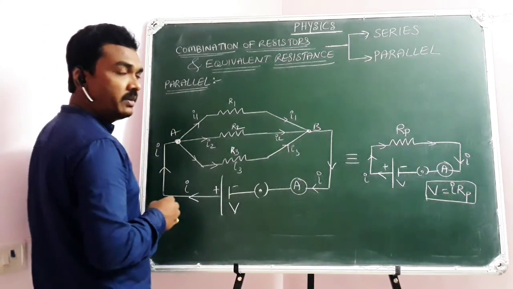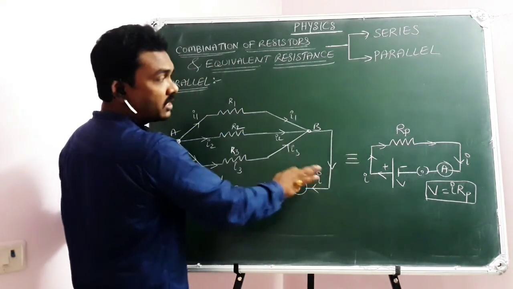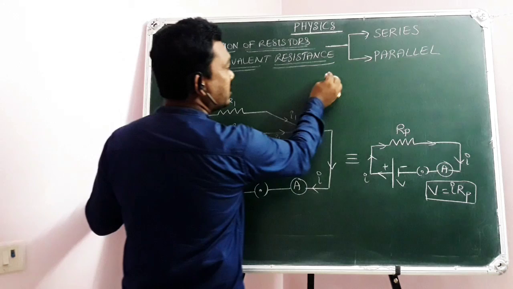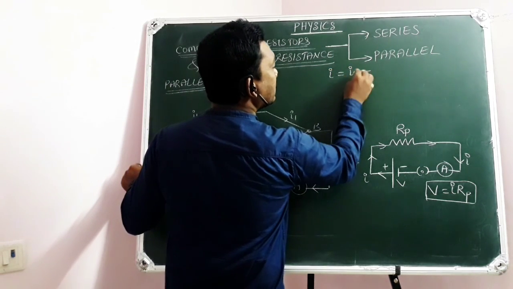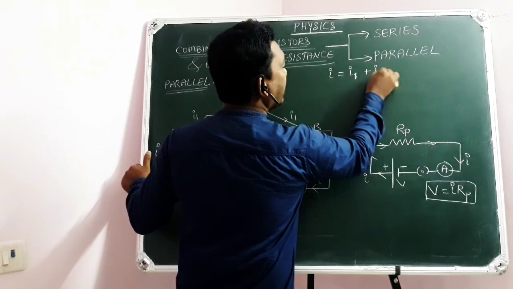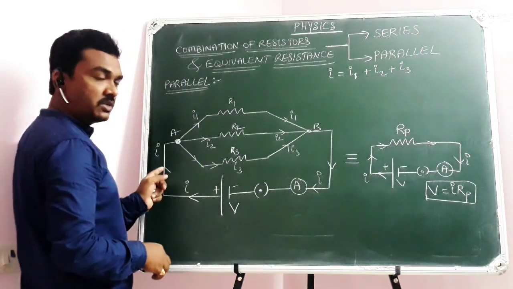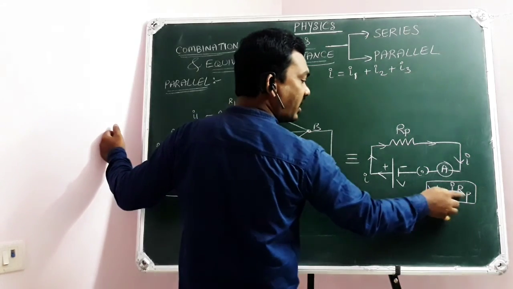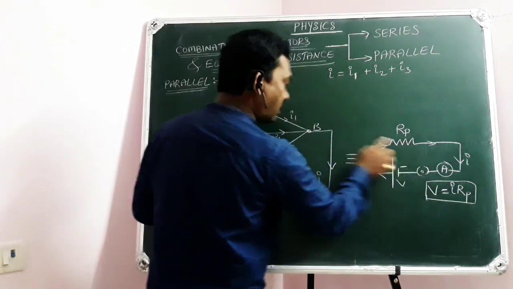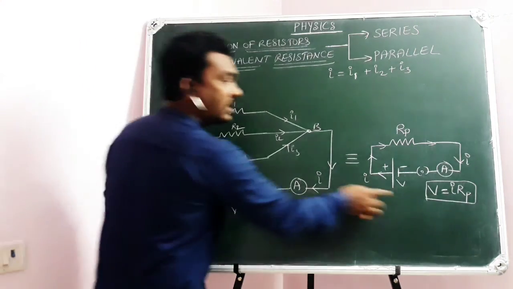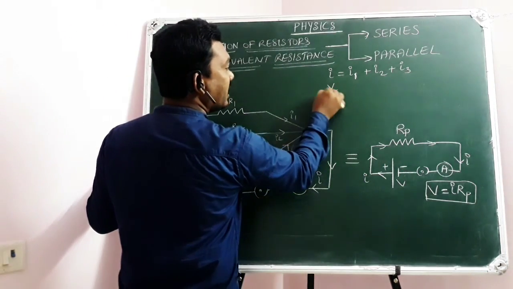So while coming to the mathematical analysis, first of all you need to take the circuit, and later the mathematical steps I am writing here. In parallel combination, I equal to I1 plus I2 plus I3. What is I? I is the circuit current. You know V equal to I into RP. V is the applied voltage. RP is the equivalent resistance of these three in parallel. I is the total current in the circuit. Then I can be written as V by RP.